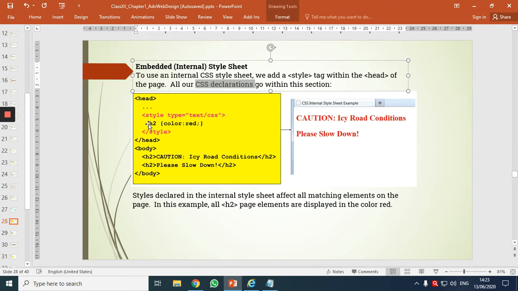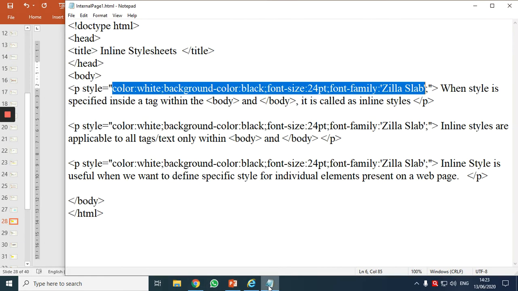Observe the output here. I have written H2 only once, curly bracket open, color, colon, red, semicolon, curly bracket close. What have I done? My selector is H2. The tag is written in the body section. I have selected to format which tag? The H2 tag. So my selector is H2 followed by a curly bracket. This is property colon value. These two tags should be displayed in red color. Observe the output. Let us do this practically and understand.